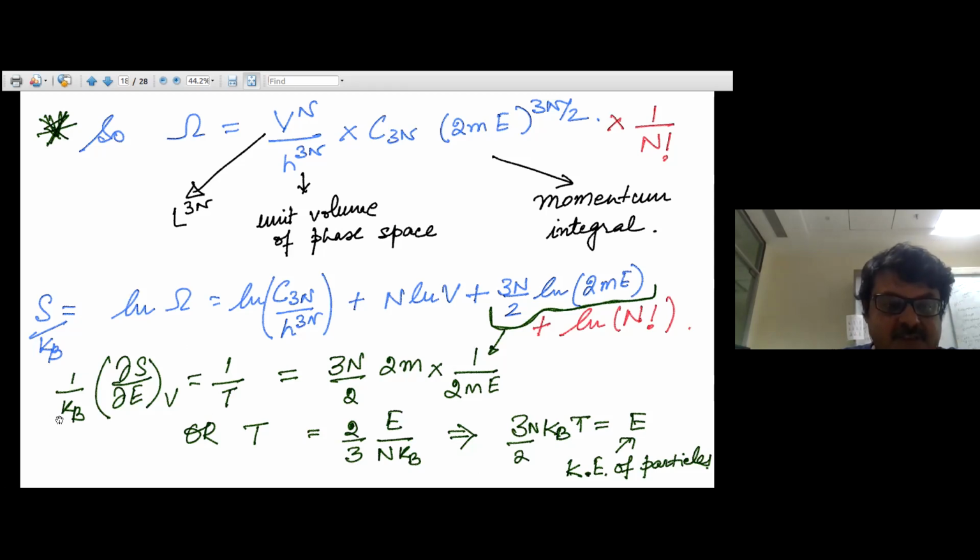So what I've done is take the kB here and so on and so forth. And then what do you get? You get E equal to 3/2 N kB T, which is the kind of result which you might already know, right? But here you are getting it from statistical mechanics. It is another matter that the value of kB was not known. But if you knew kB,